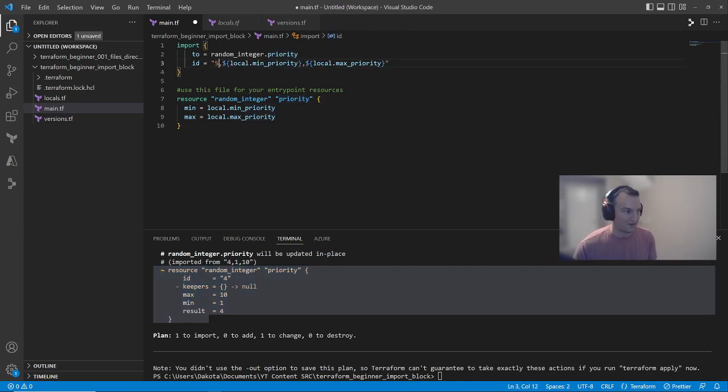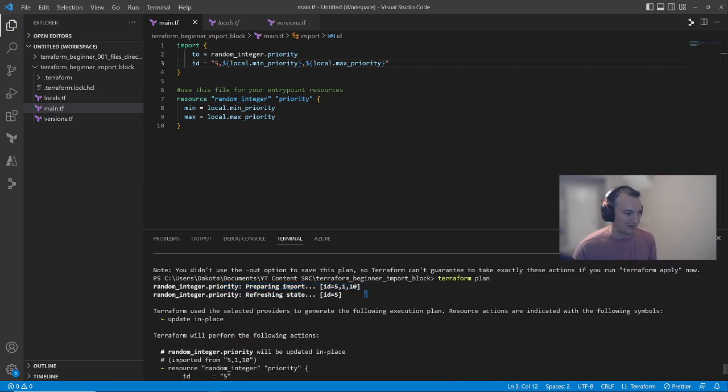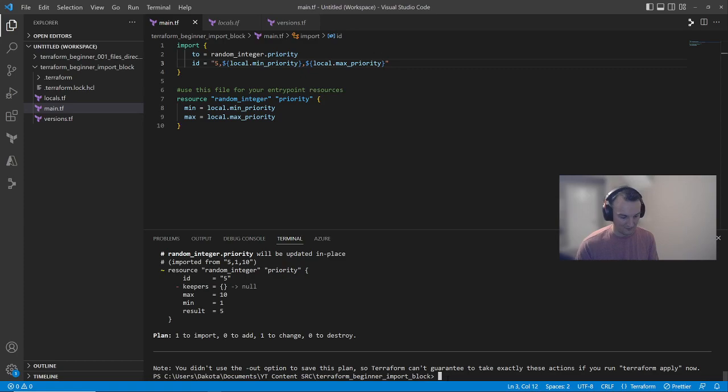Well, what if I wanted to import a number 5 instead? Same deal. Number 5, this is what is imported. It prepares the import and it imports it. If I were to run a Terraform apply,